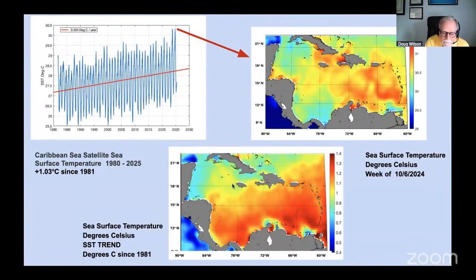The lower panel also shows why we care about it, particularly in this Southeastern Caribbean region. That is now looking at the trend, not just over the entire Caribbean, but for every little part, one little quarter-degree pixel. And I think the interesting thing there is that while the entire Caribbean is warming over those 45 years, the Southeastern Caribbean is warming faster than anywhere else in the Caribbean. So think about that. And think about, from an ocean observing standpoint, how we measure that. And that leads us to this project that we've been working with CIMH on the next slide,